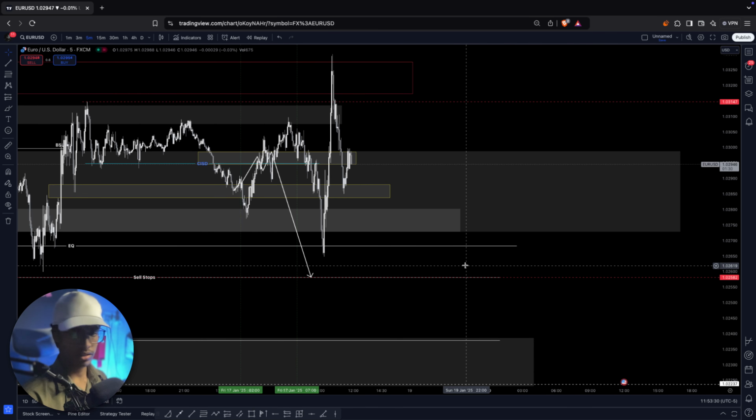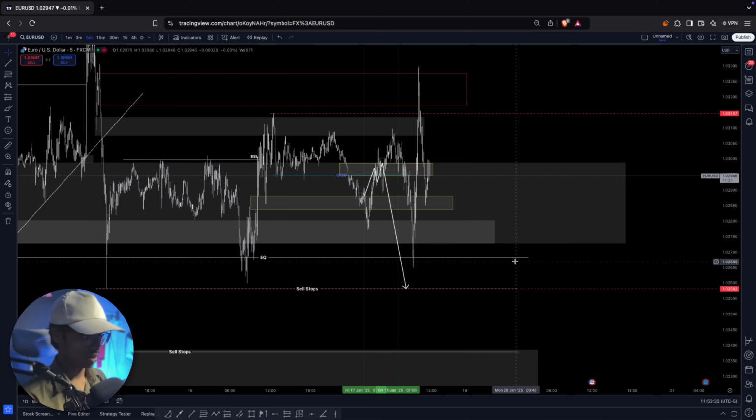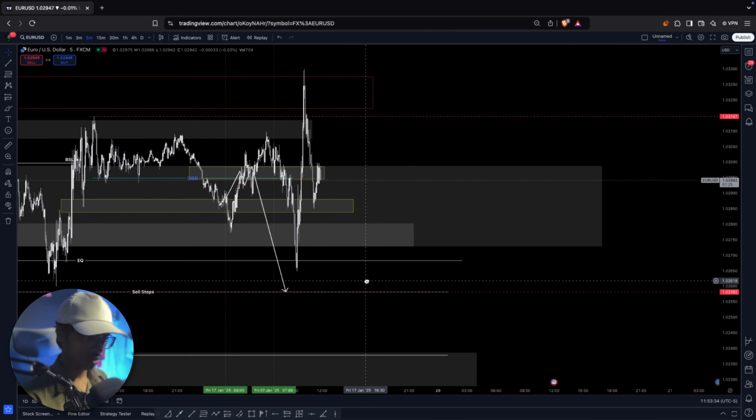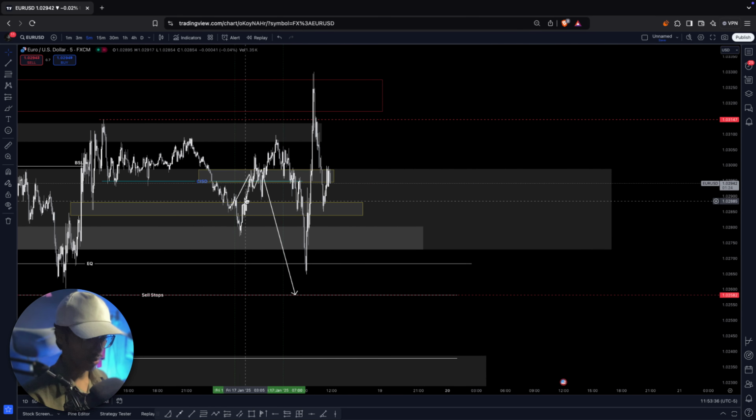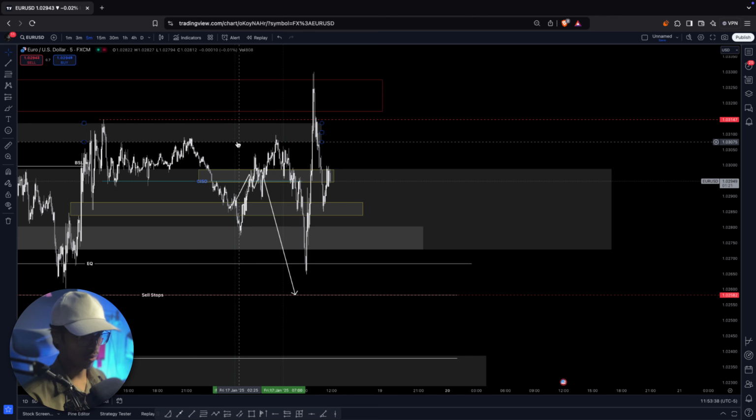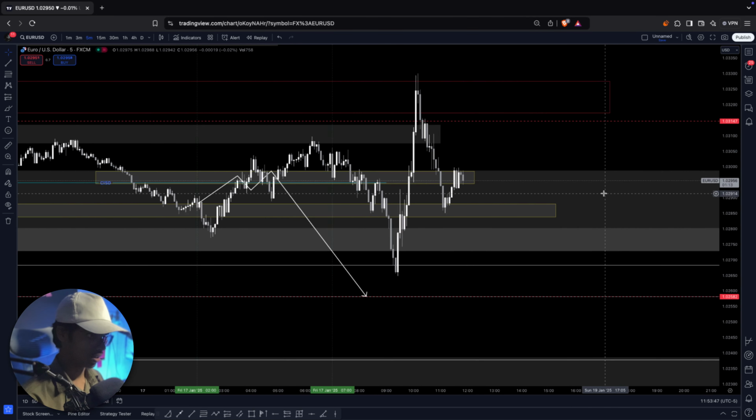Got it? Friday is the end of the session. Now I think the moment it was somewhere in our direction, we could have done an entry at this point. Once this high gets taken, we could anticipate an entry downwards, and then we could have targeted this particular low. So if you would have taken an entry at this point,